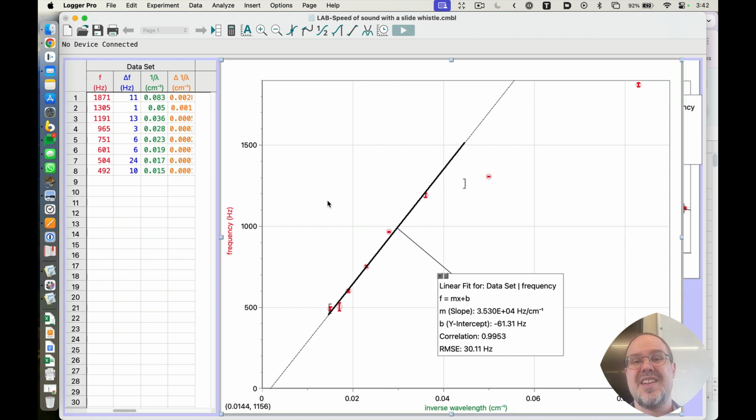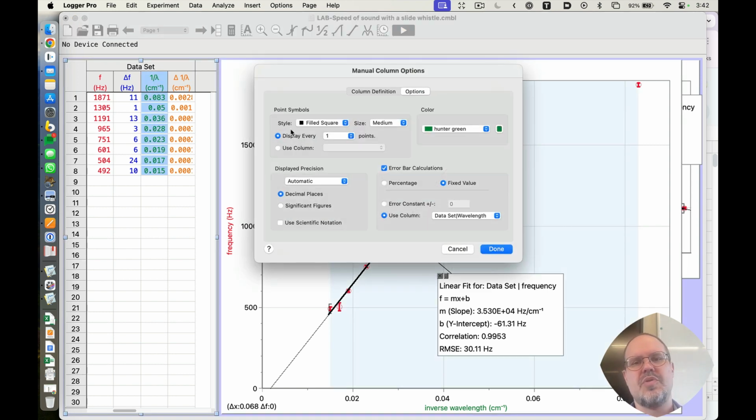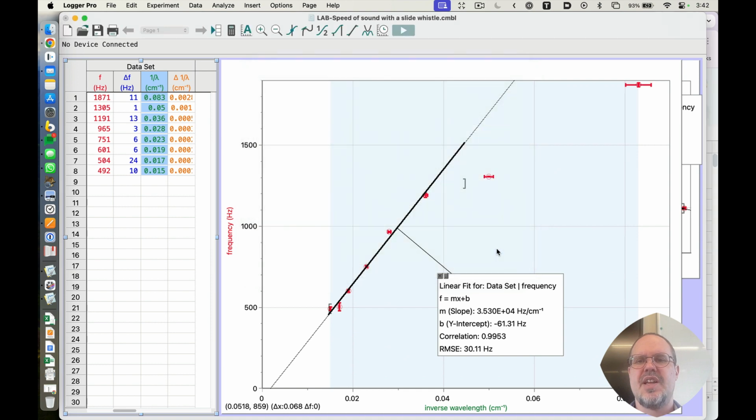I paste them in. Nothing happened because I need to tell Logger Pro to use a certain column, and I'm going to choose the uncertainty in inverse wavelength, and it puts these error bars. And notice that this one was bigger, but still, even if it was bigger, it doesn't help. These are bad dots. They are bad data. This is good data, and it's reinforced by being close to the value that we want. So now I can copy and paste this